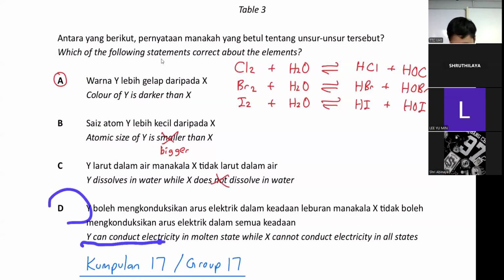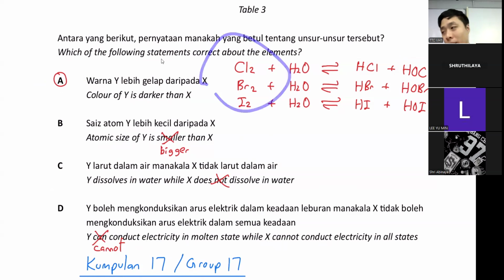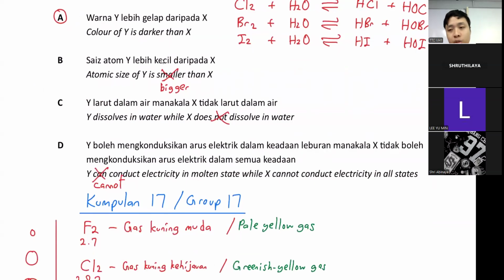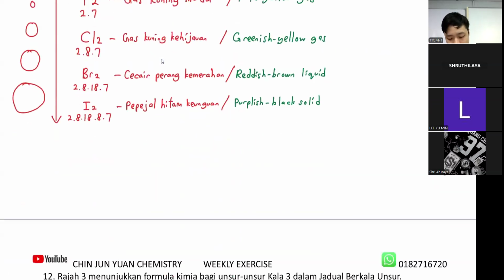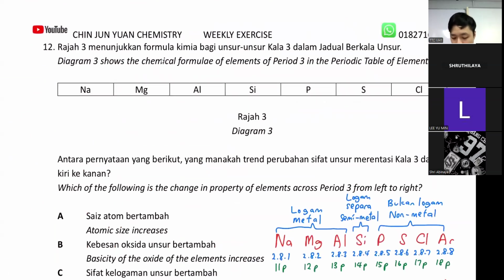Donkey, Y can conduct electricity in molten state, X cannot. Okay, both cannot conduct electricity. Both cannot conduct electricity. Okay, group 17 cannot conduct. Group 1 can, but group 17 cannot. Okay, no chance. Group 17 is non-metal. Okay, and then question 12